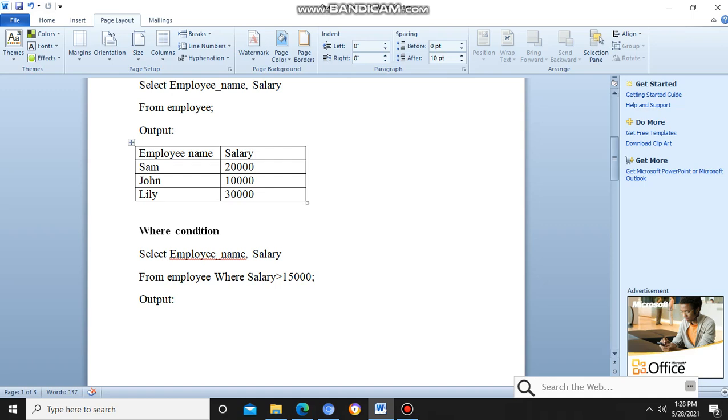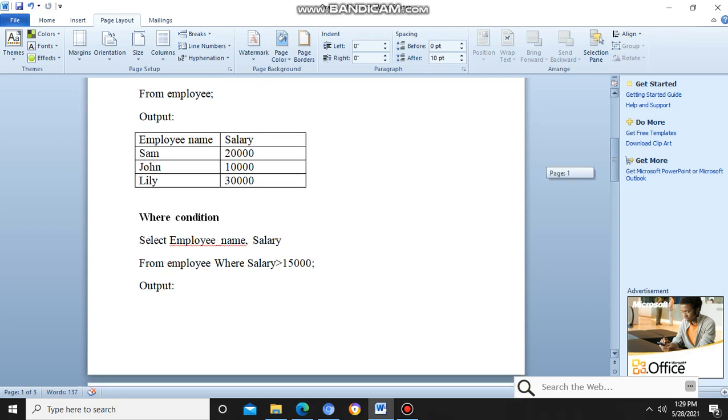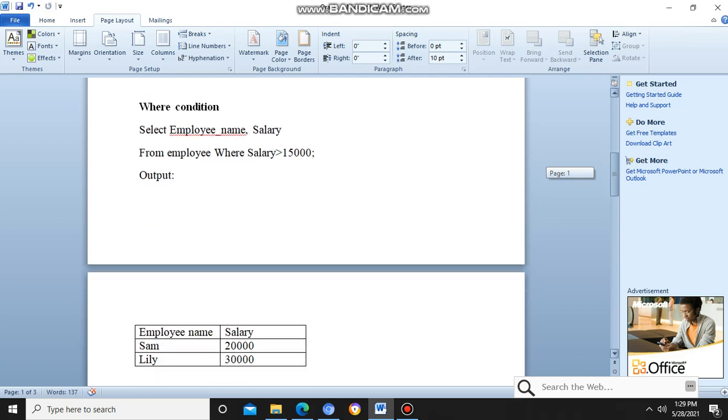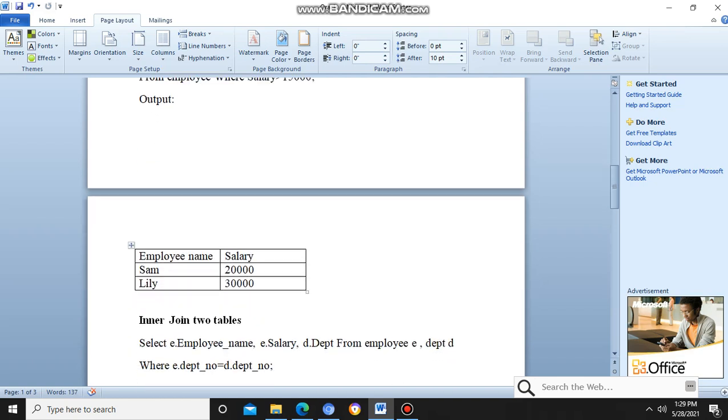The output will be the first record and the third record. The middle record, John 10,000, is lesser than 15k, so that record will not appear in our output. You can see here employee name and salary, and Sam and Lily both are present.